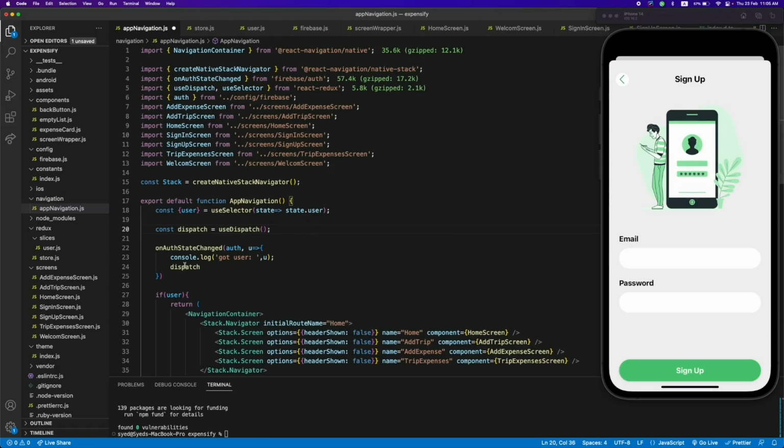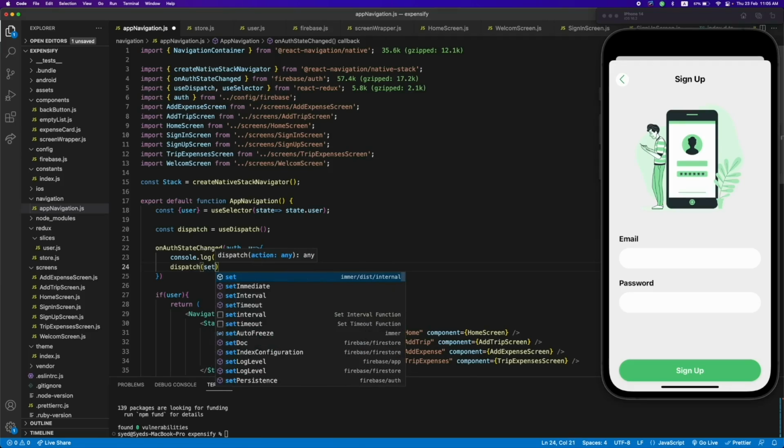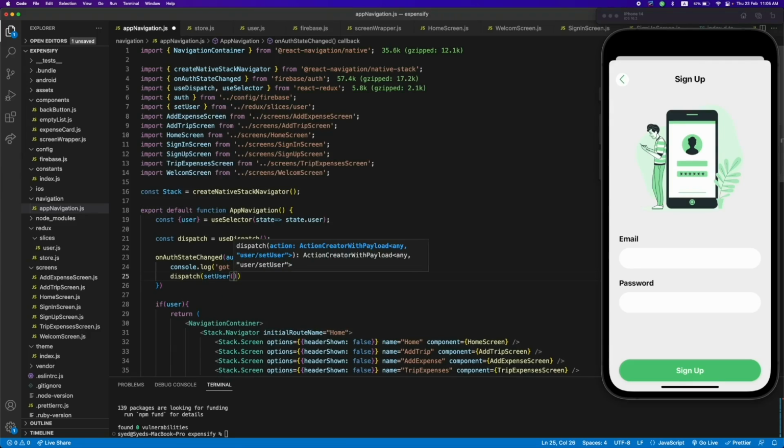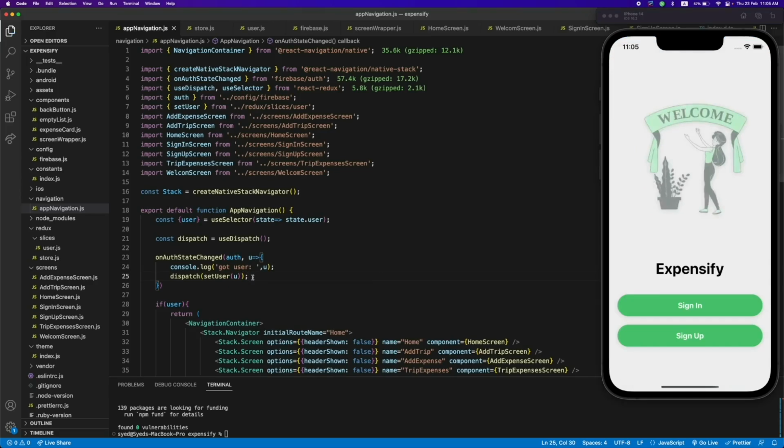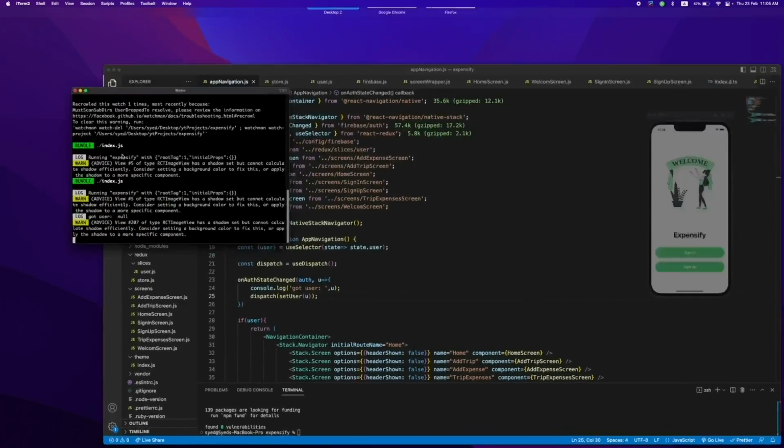Use dispatch like this, and we will dispatch an action set user. Sorry, not like this. Set user like this, and we'll pass the user object. Okay, so this will set the user into our Redux state, and whenever that happens, we will be navigated to